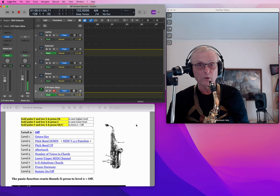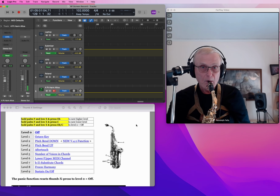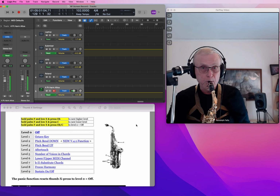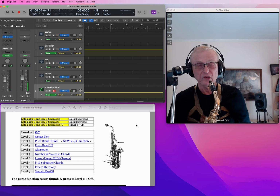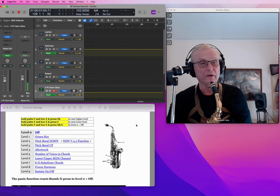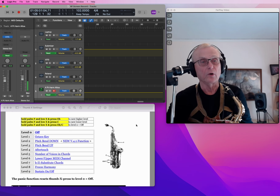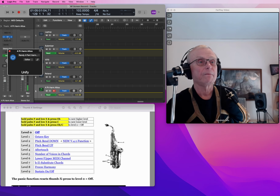Whatever the last harmony was is captured, and then you can play that harmony in parallel motion. And then if I release the thumb, you heard there in the last 3 notes, it went back to its regular setup for harmony. And finally, there's a sustain pedal function, which I'll get to later. Okay, so that gives you some idea of how the programming on the Synthophone works. Now for the Unify side of things,